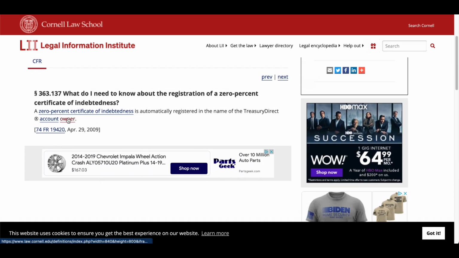A 0% certificate of indebtedness is automatically registered in the name of the TreasuryDirect account owner. So it's already registered in the name of the owner.